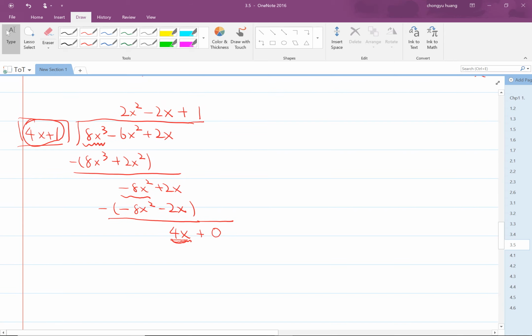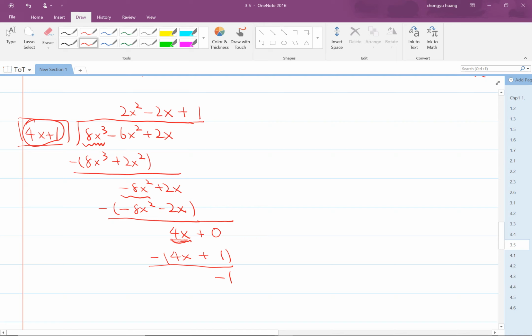Okay, we multiply by positive 1, it just becomes 4x plus 1, right? 4x multiplied by 1 is equal to 4x. Positive 1 multiplied by 1 is equal to 1, right? So now we actually want to cancel them, right? So 4x minus 4x is equal to 0. 0 minus 1 equal to negative 1,